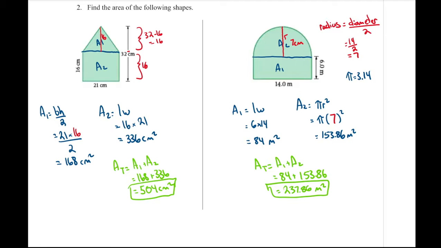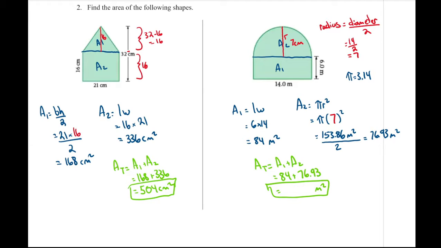For our domed object, now we were dealing with semicircles, and I do realize that I have a small mistake here because I forgot to divide my shape by 2, because I calculated it for a full circle. However, we need it for half a circle. So I needed to take that one final measurement, divide it by 2, and get 76.93 meters squared, and use that